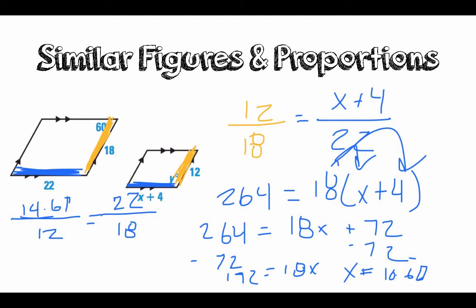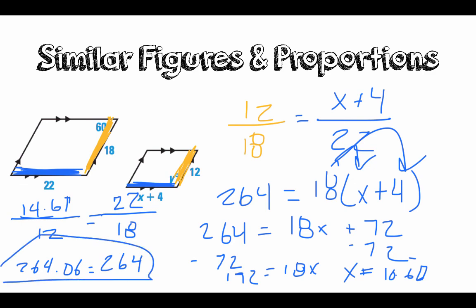So we cross multiply that 14.67. Now that's a rounded number, so this may not be exact. We may have to round again. We get 264.06 equals 12 times 22, which equals 264. So in theory, yes, these are similar, even though they're not exact based on